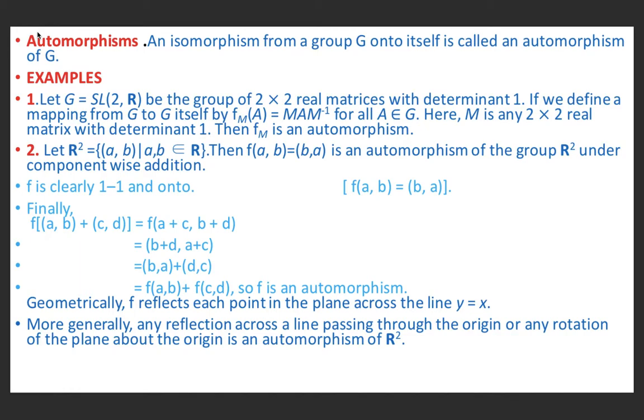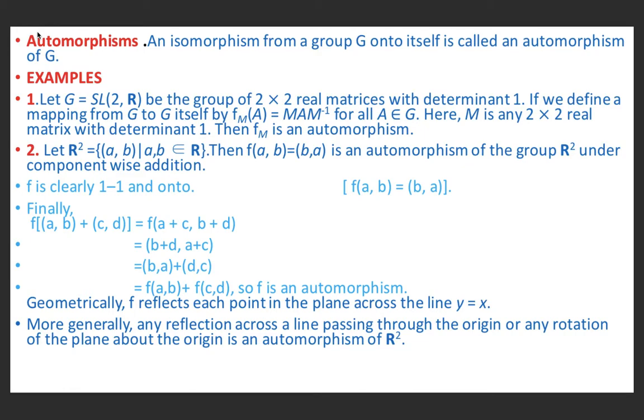An isomorphism f from a group G to G dash is a one-to-one mapping from G onto G dash that preserves group operation. It means f is an isomorphism if f is 1-1 and onto and f of ab is equal to f(a) f(b). Here remember one thing, that the operation on the left is that of group G and the operation on the right is that of group G dash.